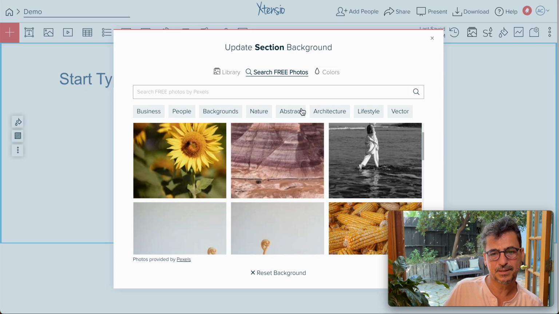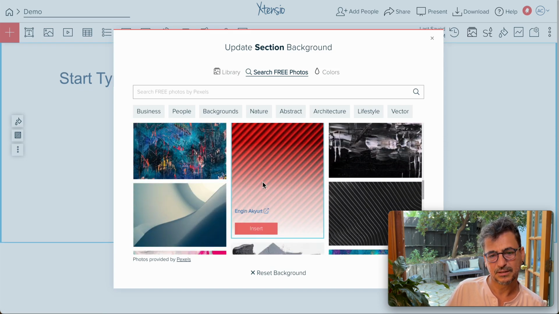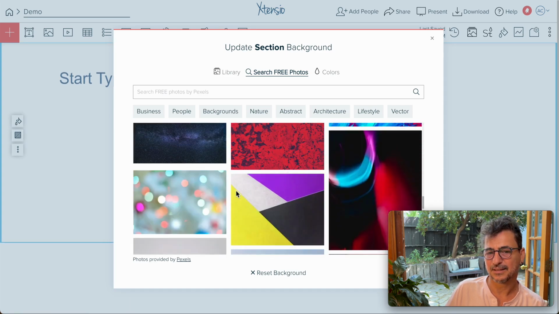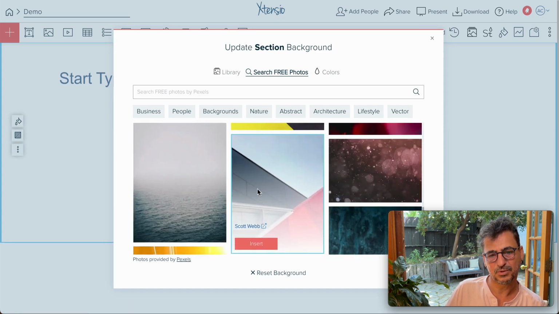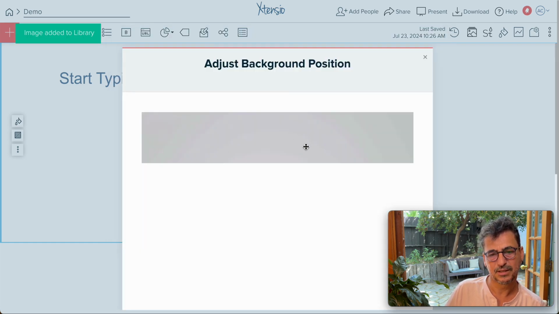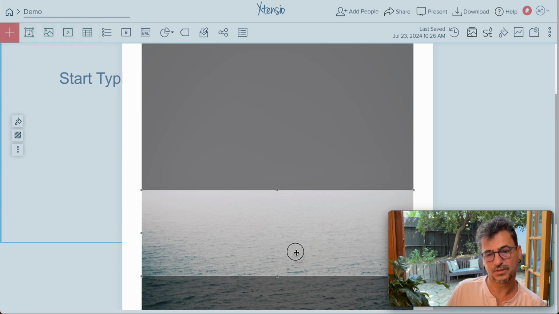For now, let's go to an abstract tab and choose something as a background for this document. Again, there are at this point more than 2 million images, so we'll just pick something for now, but you have the option to choose anything you like. So the image is selected, it's imported into your